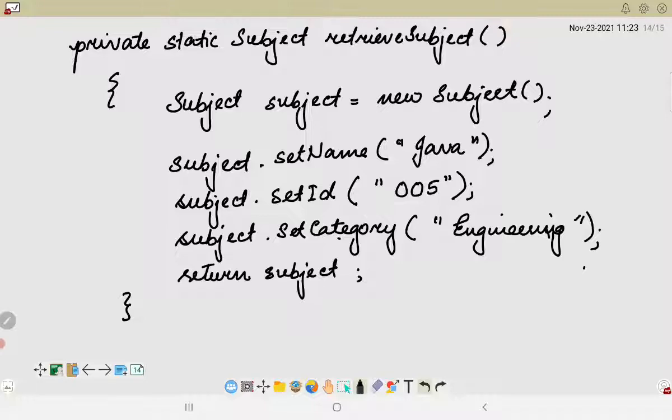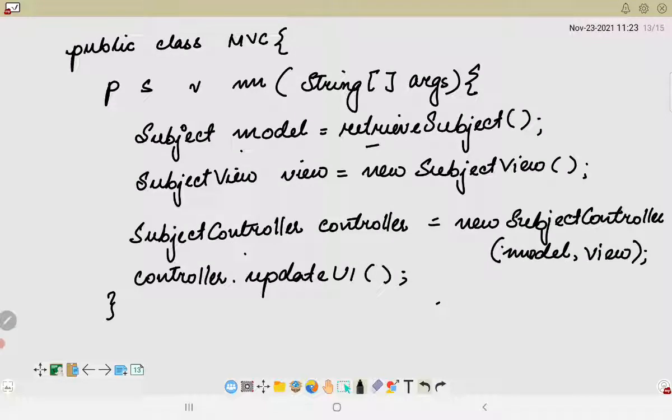Okay, so if you look into the main program, the main program starts from here, and we will be first creating an object of each of these particular classes which are there, that is the view and controller. Okay, and we will call the method which is there in the view layer using the controller object.